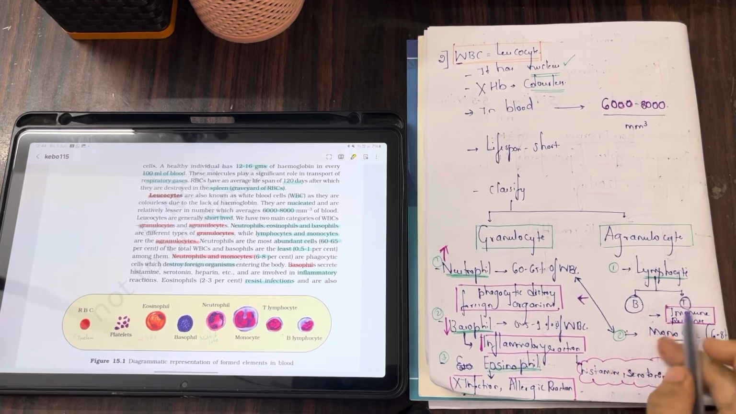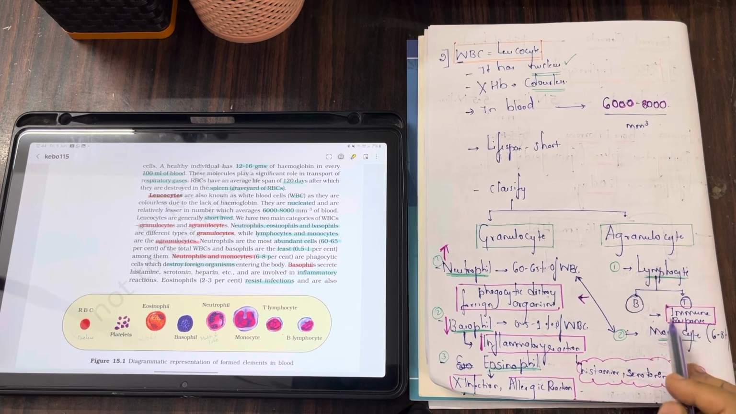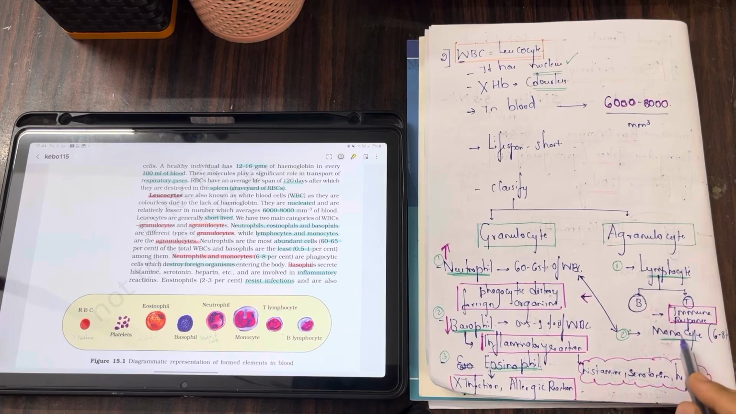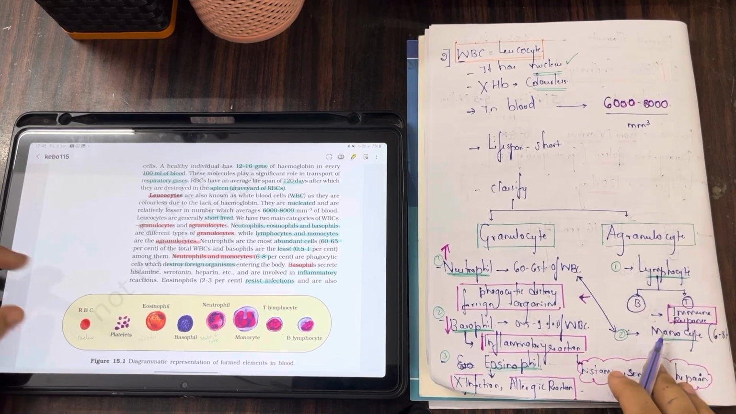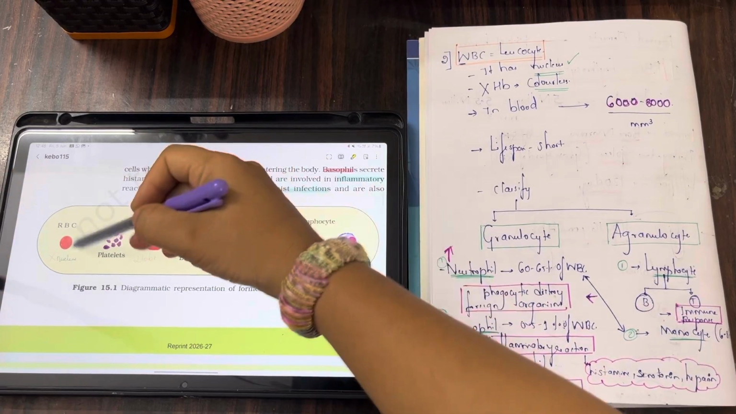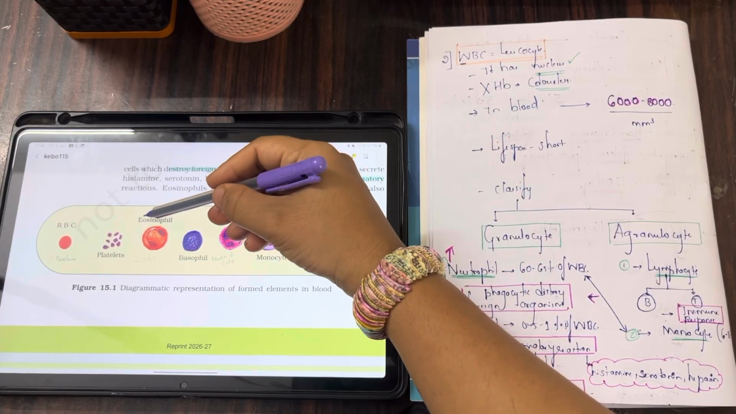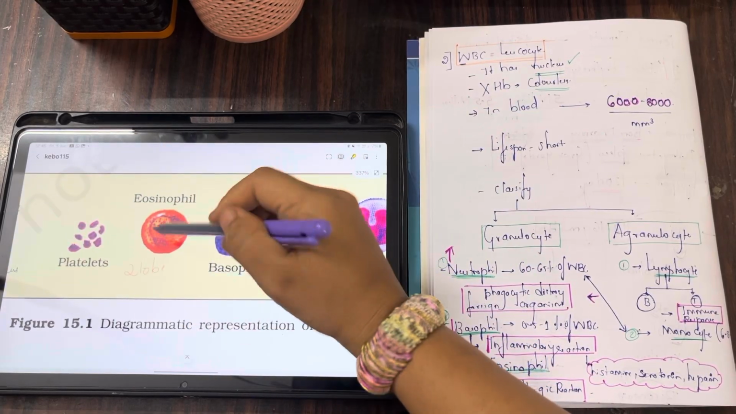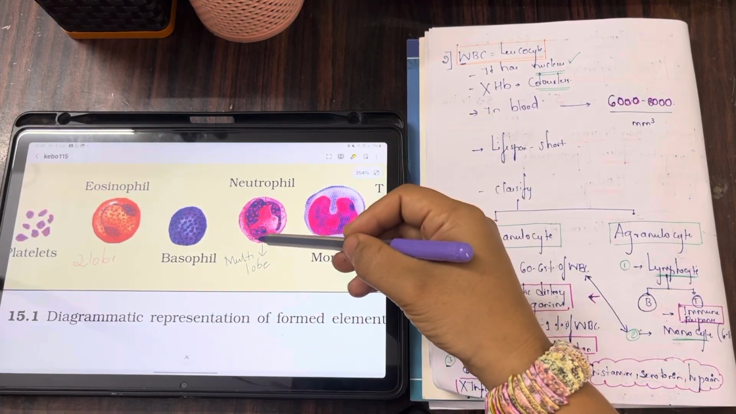Next, moving ahead with lymphocyte. Lymphocytes are of two types, B and T, which are involved in the immune response of our body. Then moving ahead with monocyte. Monocyte is around 6 to 8%. So you can see here in this diagram that RBCs do not have any nucleus. Platelets, while eosinophil, you can see that the nucleus has two lobes, whereas in the neutrophils you can have